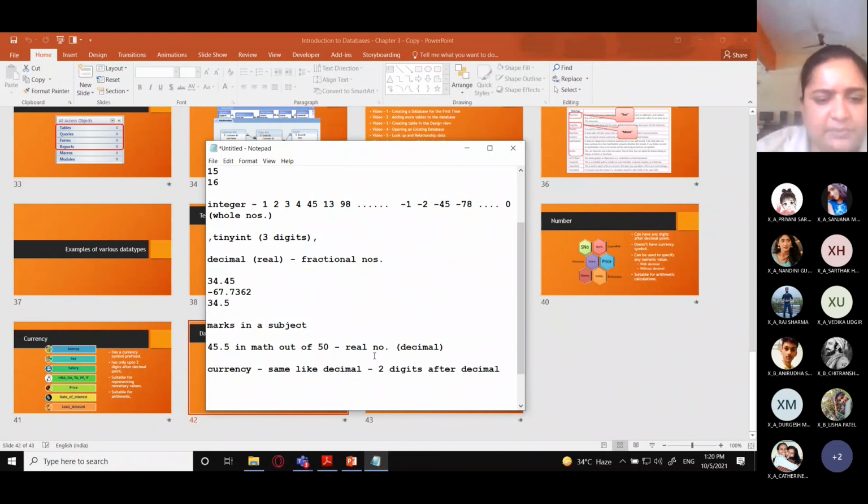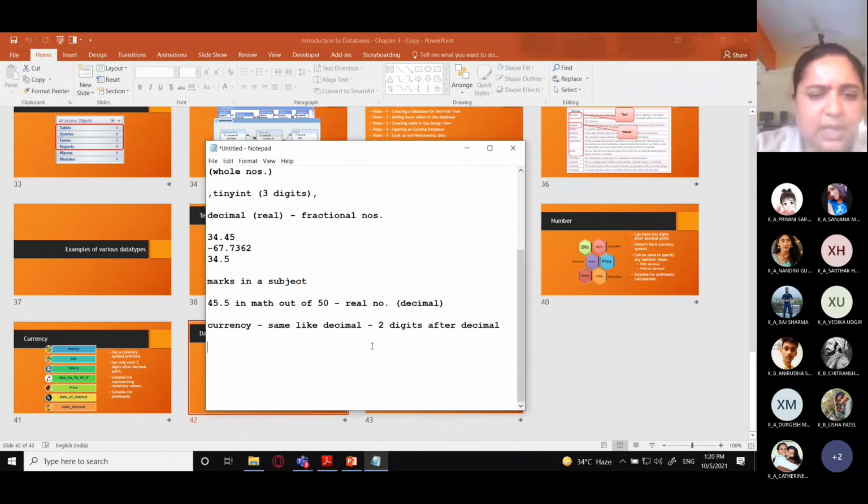And we have other types of data, and let's check out some examples. For currency, say scholarship amount. A student's table is there, and within that table the scholarship amount is maintained, and this much amount is given to the student.